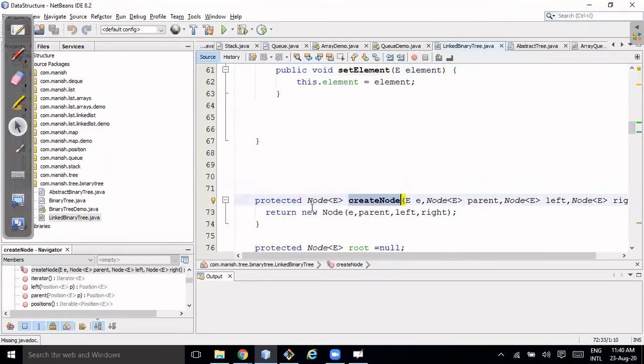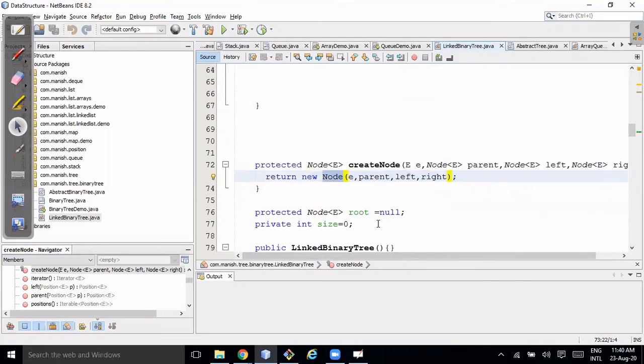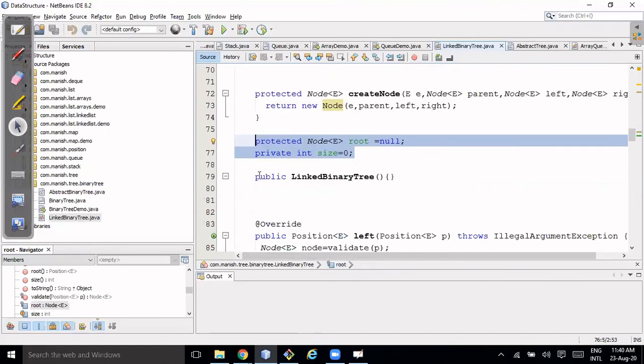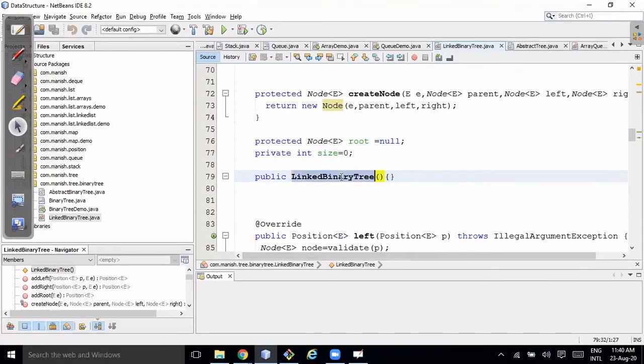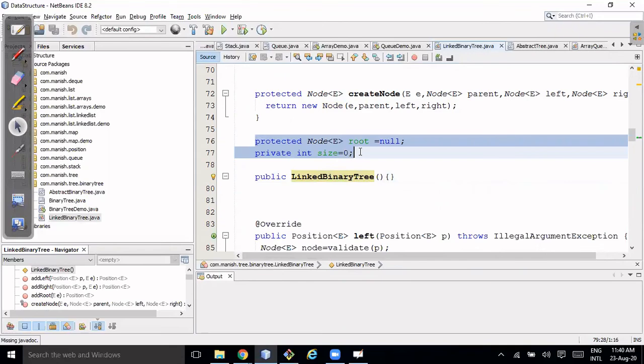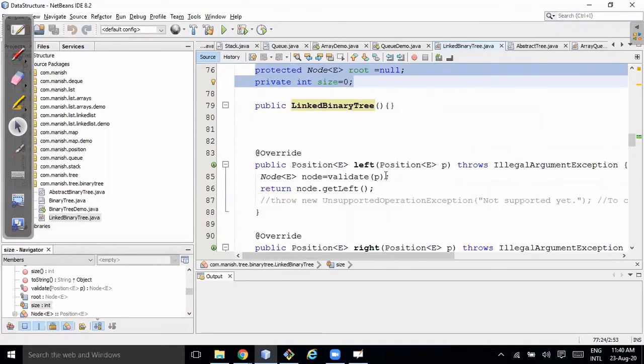Now I have to create the createNode method. This createNode method will be taking node left, right, and element, and it will be returning a new node. As I discussed, these two member variables of the LinkedBinaryTree were there. By default, this value will be declared, so that is the default value.